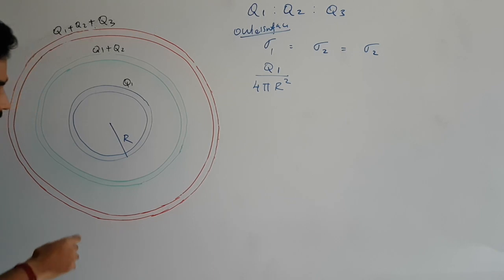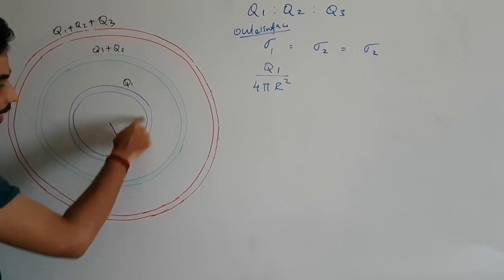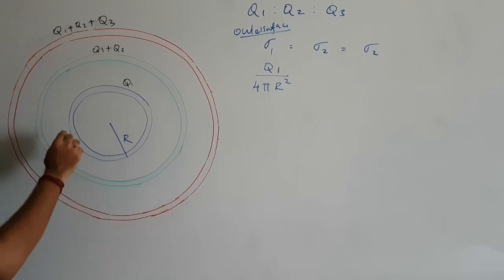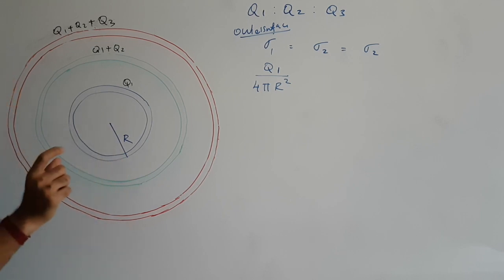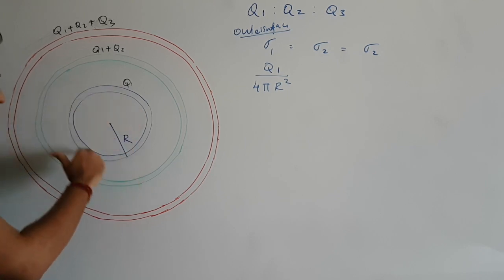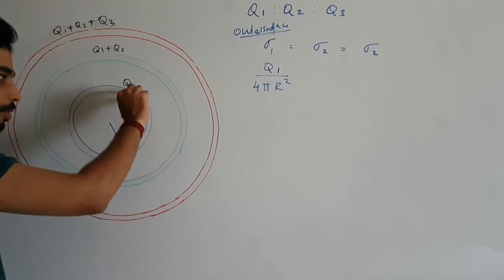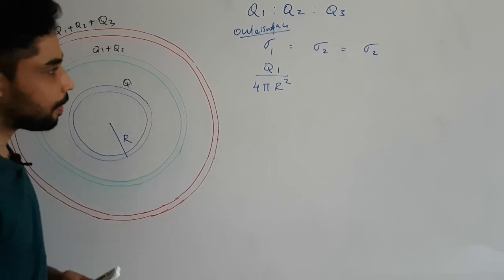And here, if you get confused because they have told just one radius, but you have an inner shell and an outer shell, you would be thinking, shouldn't there be two radii? Since they didn't mention anything about that, I think they want us to consider the conducting shell to be very thin, so that the difference in radius doesn't matter. So you can simply consider the radius r for the inner sphere or for the outer sphere. So from that I'll get 4 pi r squared.